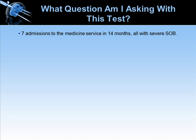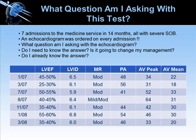She had 7 admissions to the internal medicine service in 14 months, all with severe shortness of breath, plus or minus chest pain. She had an echo done on every admission when she came in short of breath. Here are all the results. Now, this is back in '07, '08, and I know we're much better now, and this never happens anymore. But it's a